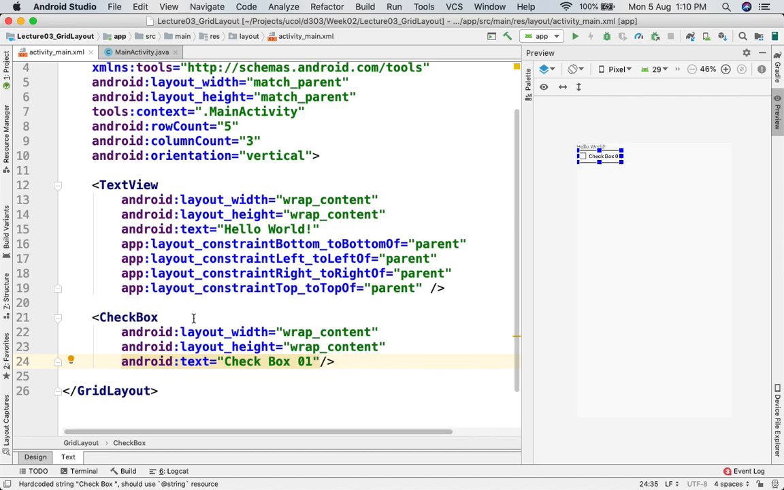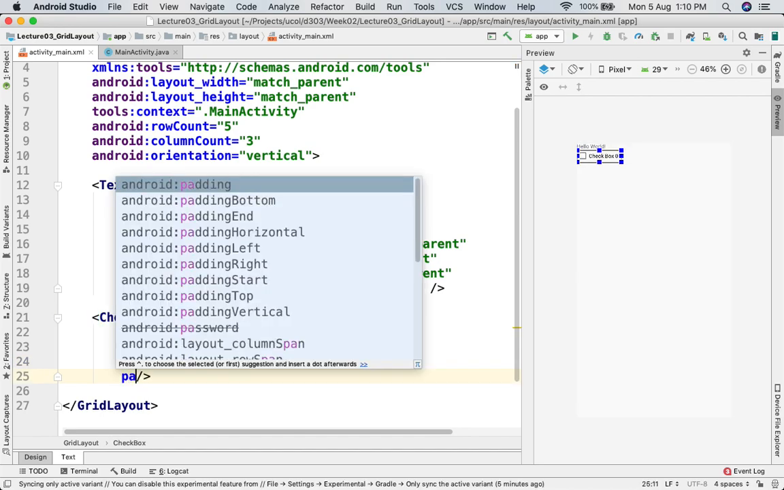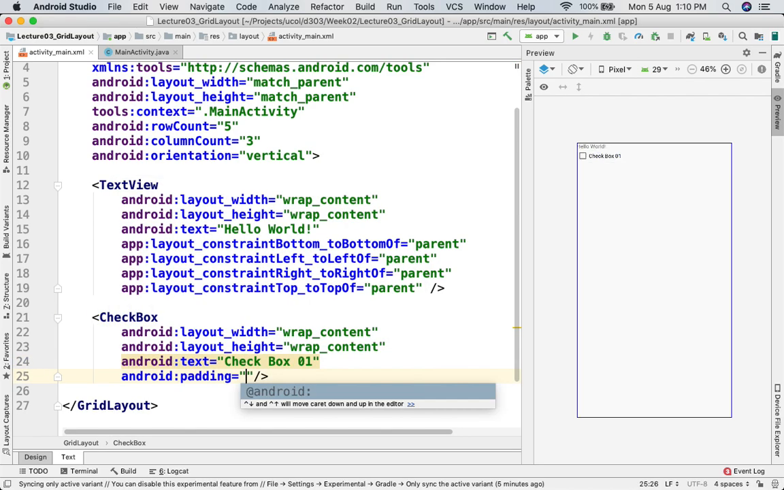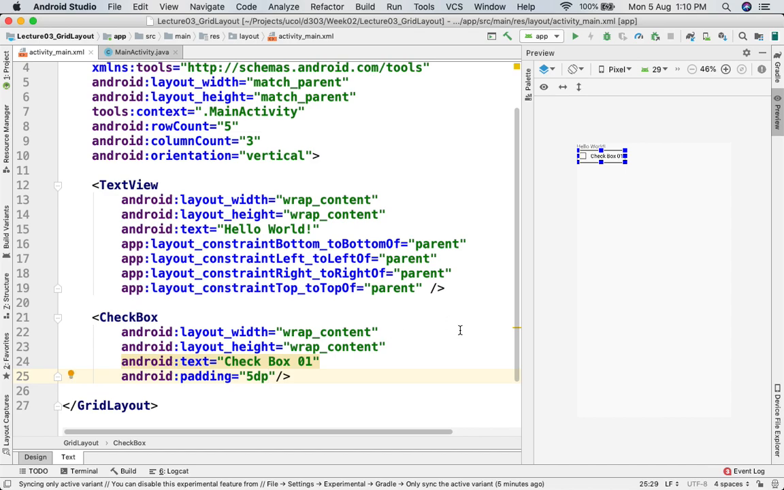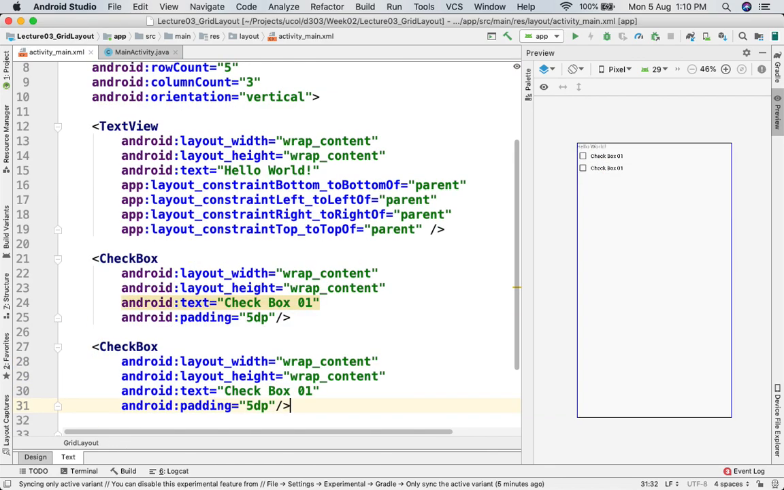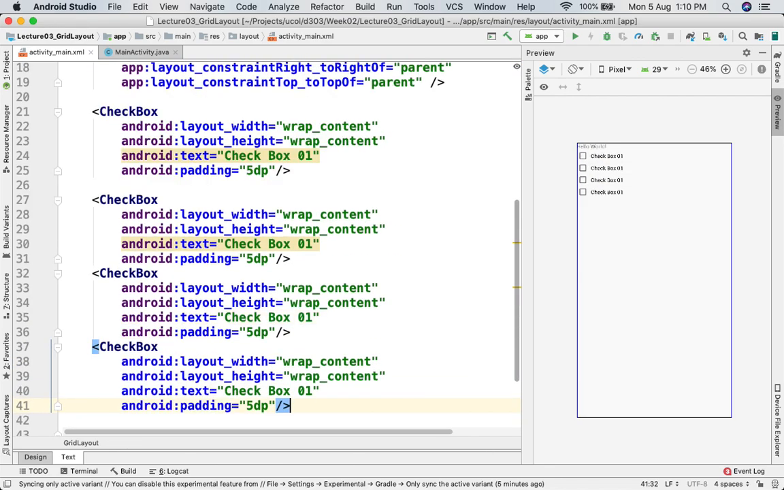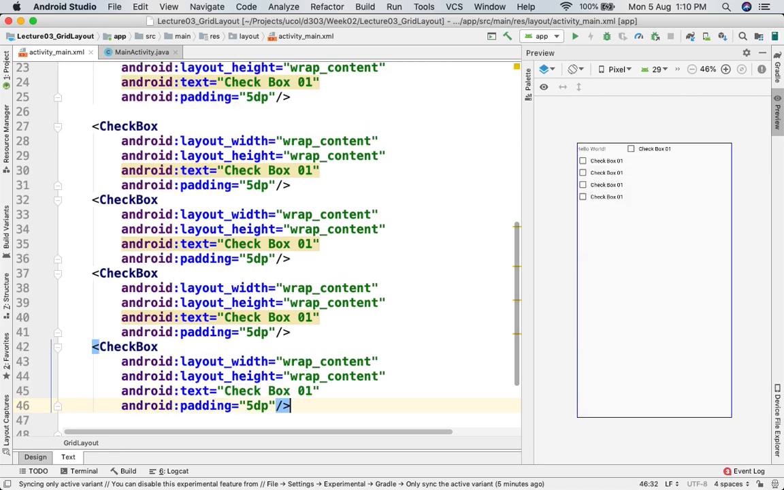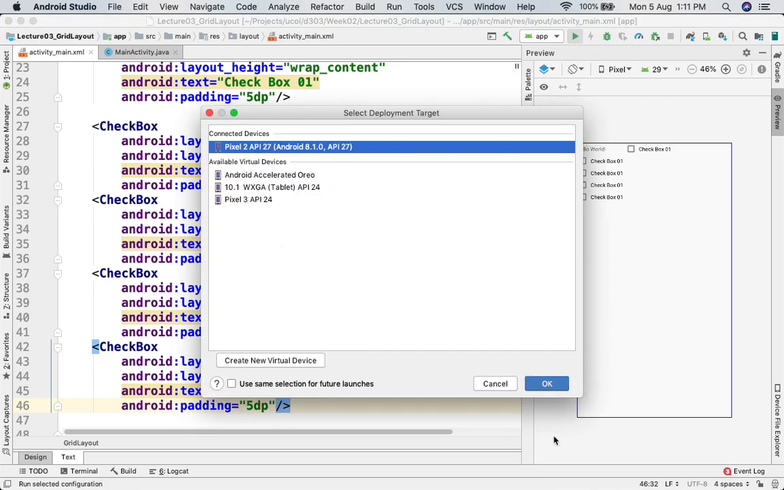Maybe we can put some margin or the padding. I say that 5 dp. Okay, and then I just try to copy paste these things here, and again, because it's a vertical thing, it will first fill the complete columns. So if I try to run that particular application, I say that don't ask me again and again